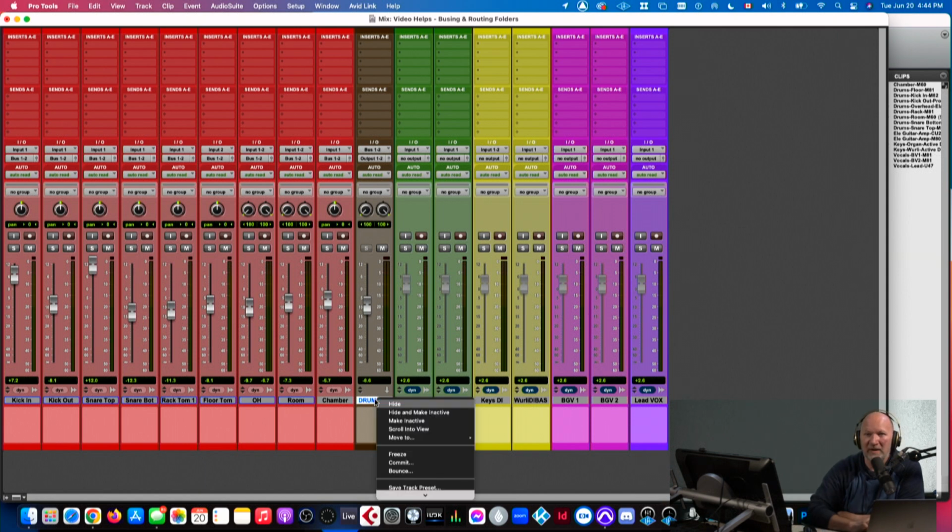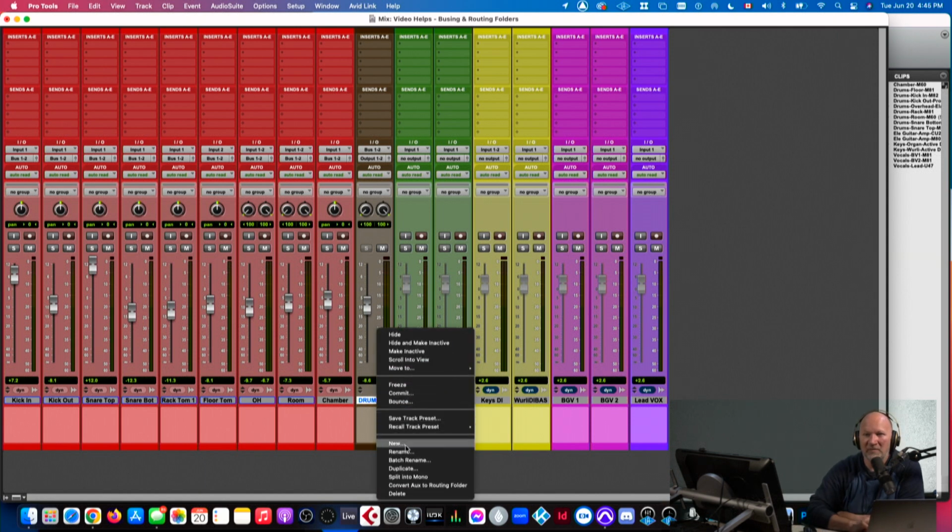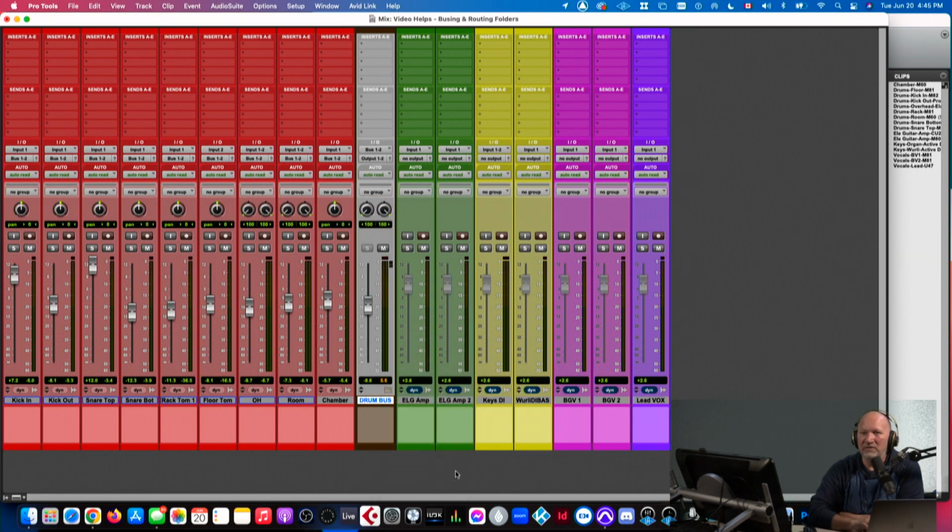So I'm just going to right click on the name, come down to the bottom and say convert aux into a routing folder. A routing folder is different from a basic folder. A basic folder is just a straight up folder. A routing folder is a folder that you still have options for inserts and sends on the top. So I always use routing folders, and I'm going to use that. Once we just click that in, once we create that folder, you can see that we've now